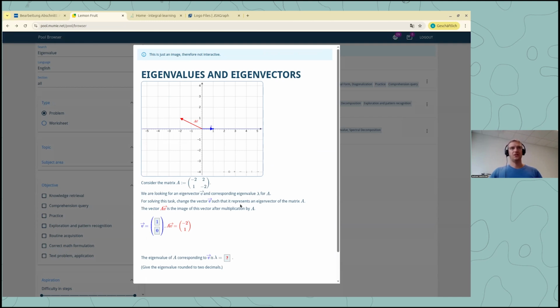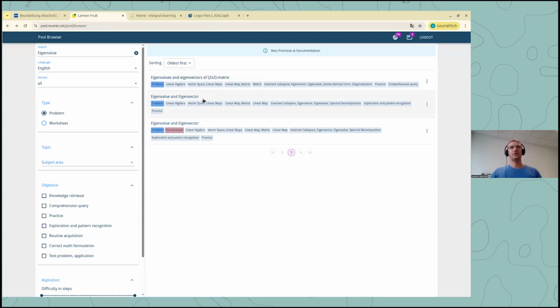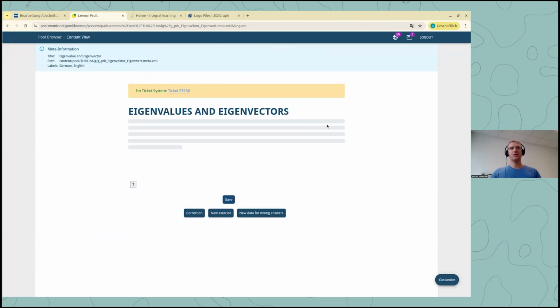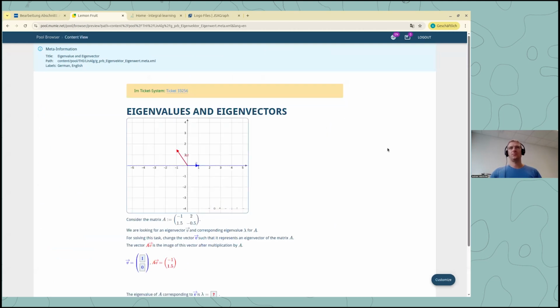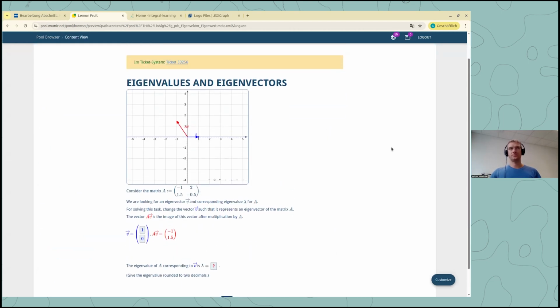This is just a screenshot so that you get a quick impression of how the exercise looks. If you want to see how it really works, you just click here, and then you get a real preview,